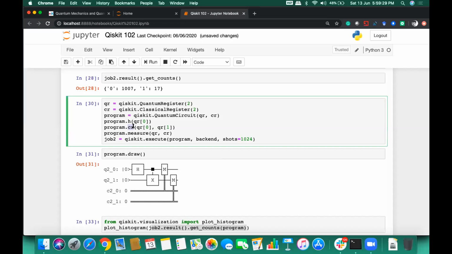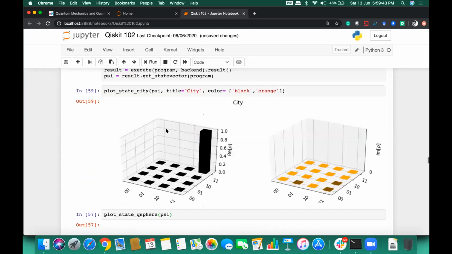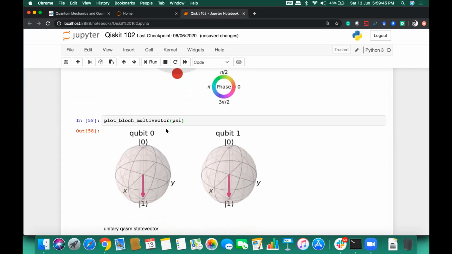All right. So in the upcoming session, probably we will be covering more advanced circuits and some of the algorithms from quantum computing. Thanks for joining the session. That's it for my part. If you have any doubts, you can unmute yourself and ask, or you can just put your question in the chat box.